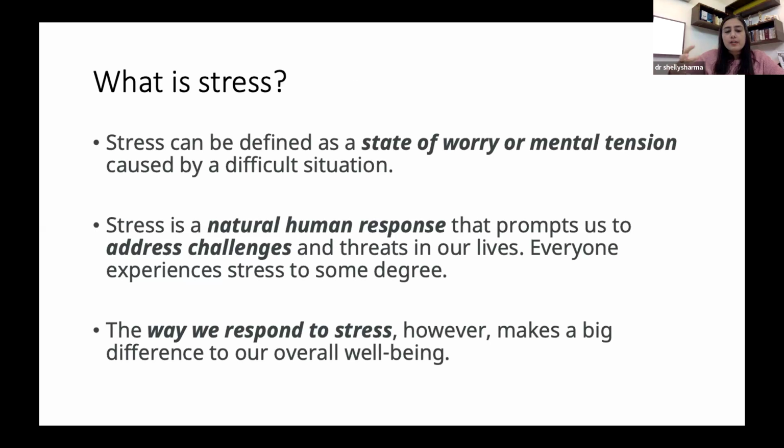We have evolved from apes. We were hunters. We were living in caves, right? Every day we used to face challenges, an animal attacking. We had to go out for hunting. So our body used to go into a state of stress. It used to produce cortisol, one of the hormones, which has a fight and flight reaction to a situation, right? And then when hunting is over or animal attack is over, we used to come back to a state of